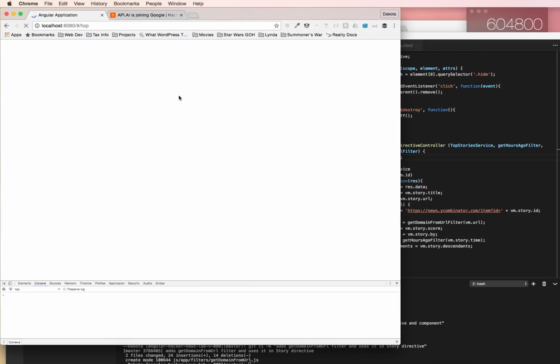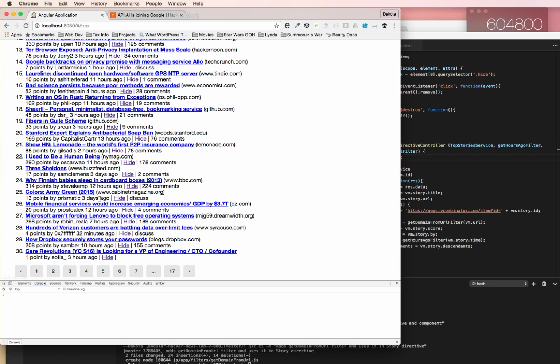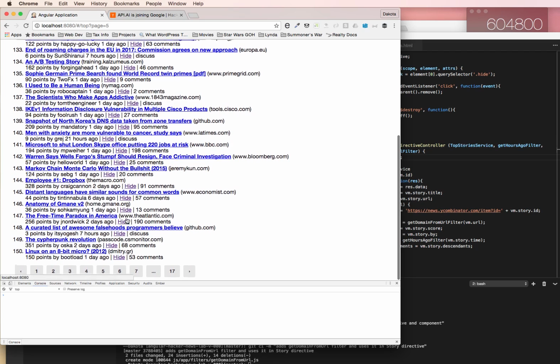And when I reload this one, these are mostly, yeah, see, 3 days ago. So we have a couple of them are working now. 1 day ago, so you can see that is working correctly. And then